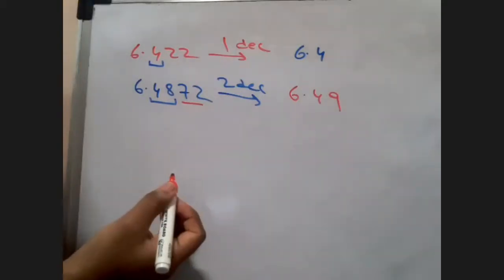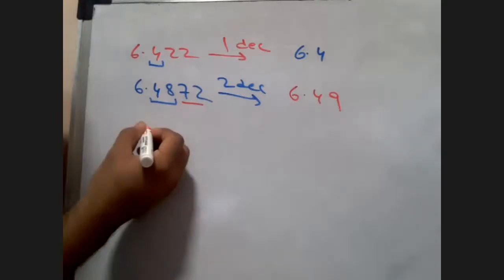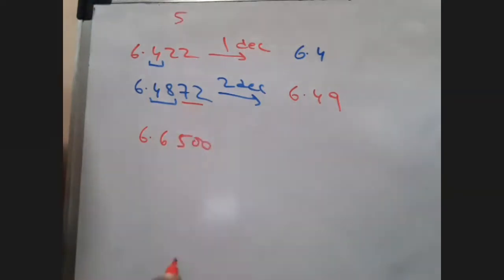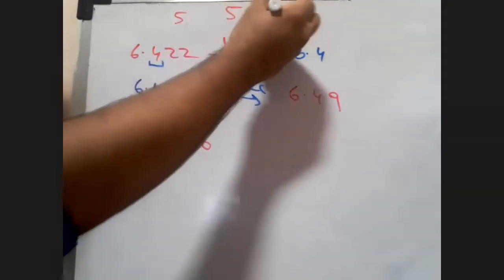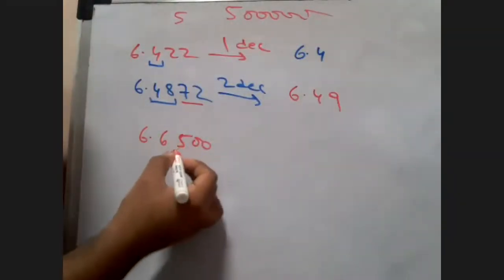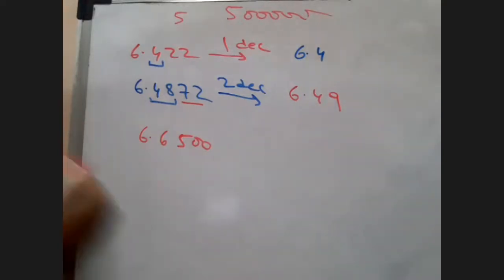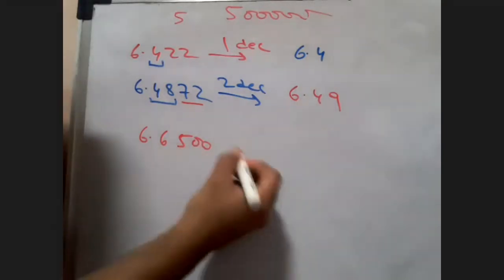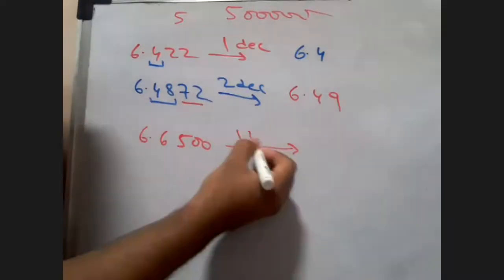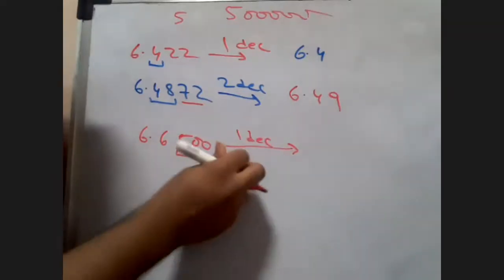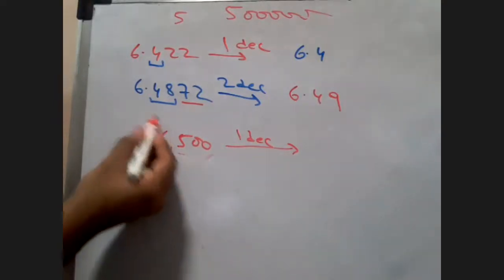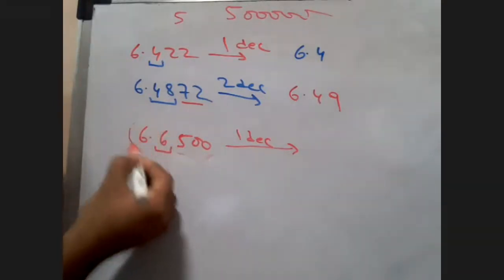So look here. Another one I told you is one shortcut, right? This shortcut was 6.6500. Whenever you remove 5 or a multiple of 5 in terms of 100, 500, 5,000, 5 lakhs, 5 crores, whatever, make sure, for example, if I had to round it off to one decimal place here, you can see the 500 is being removed. I want it only for one decimal place. So if 500 is being removed, always keep the number which you are rounding off to an even place.